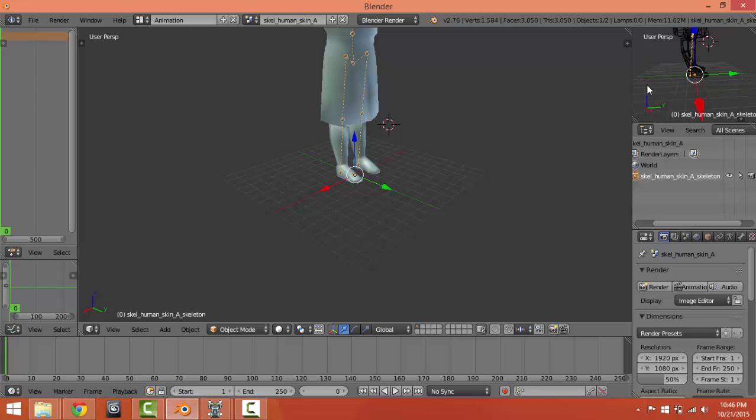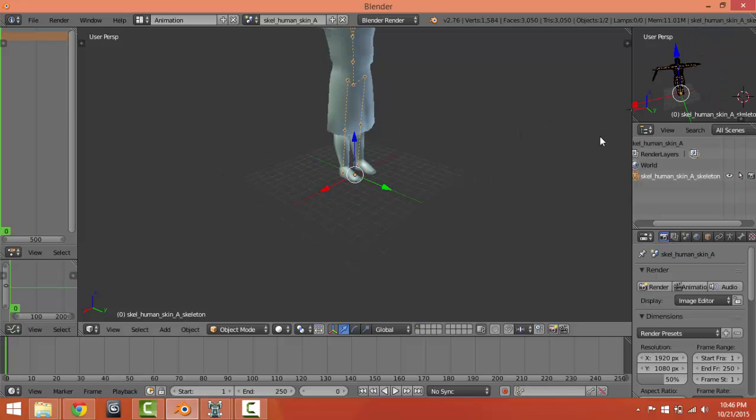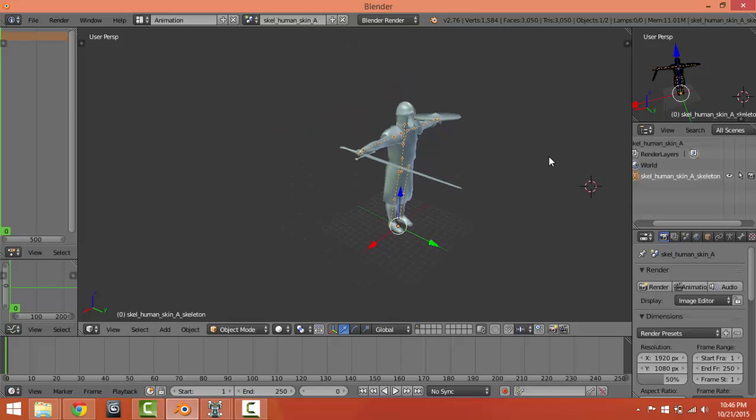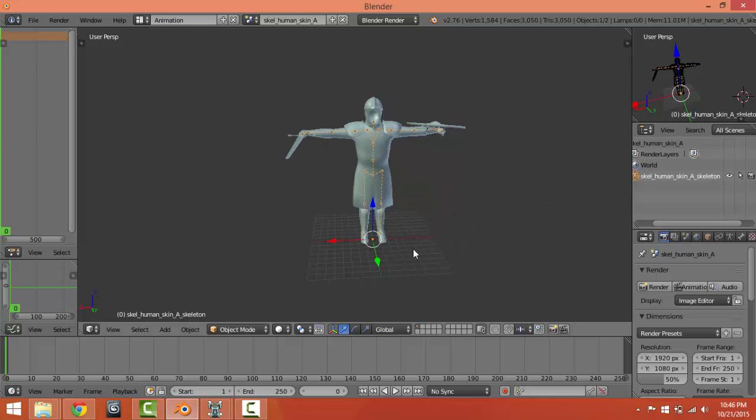So we have our little secondary screen, which I use for references and stuff. It is very helpful. But we're mostly going to be using this window right here. Don't focus on all this other stuff yet. It's complicated. We'll get there. So what we want to do is right click onto the skeleton, so the